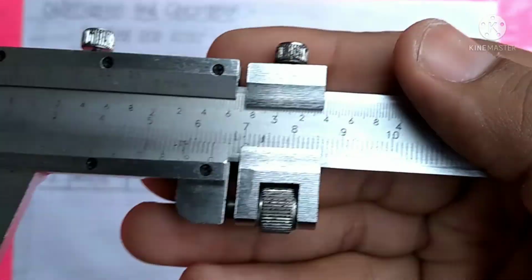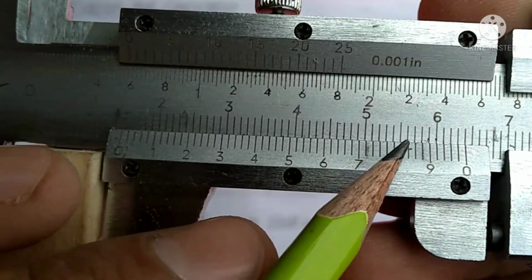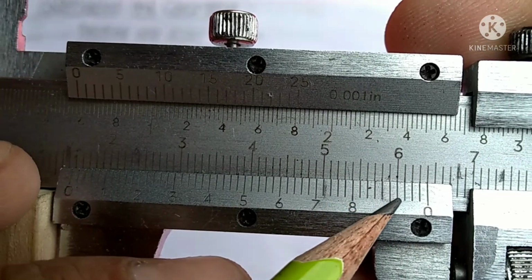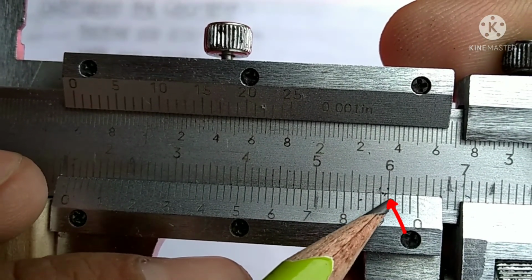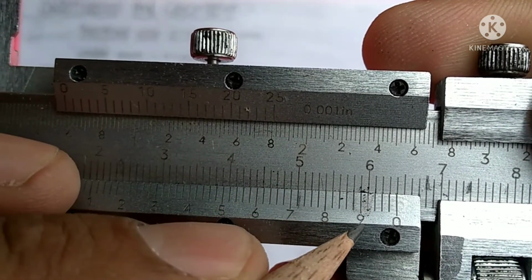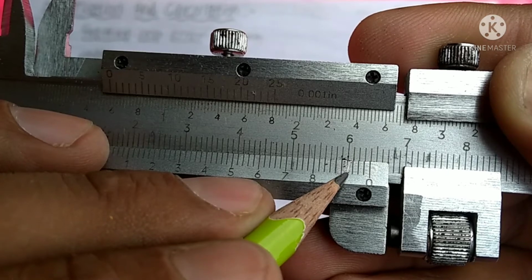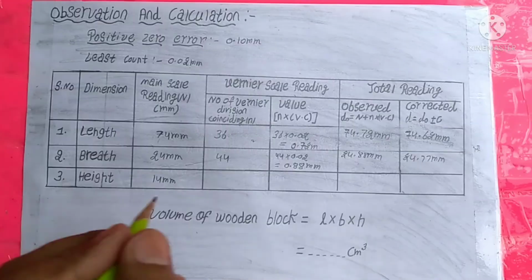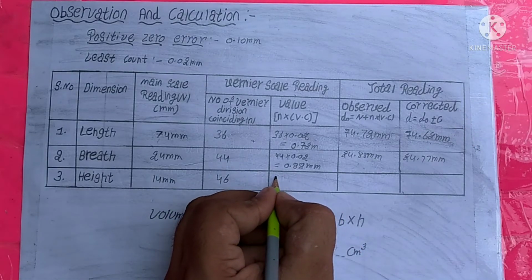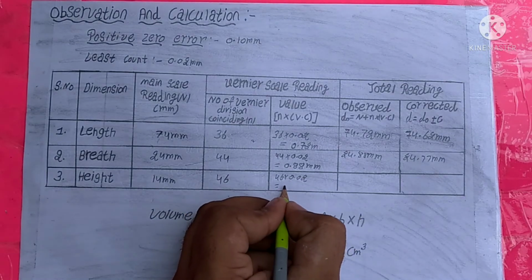Now next note down the best coincide. You can see this division is our best coincide. So up to the 9 there are total 45 divisions and one division more, means the 46th division is best coincide. Now multiply it with the least count. The result comes out to be 0.92